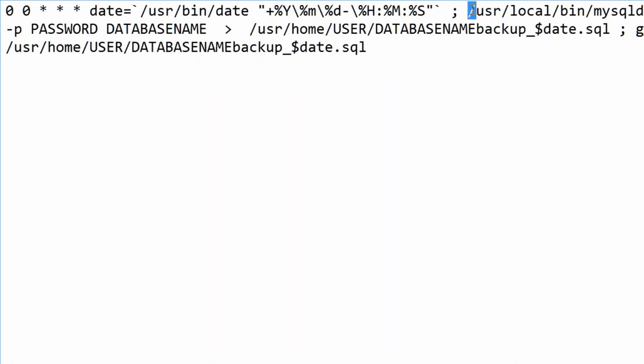And then after that, we run the mysqldump command, and we're going to log into the database using our username and our password. So we're logging into this database with the username and password, and we're running mysqldump. And we're going to redirect that output to our home directory and this file here, which is going to be named whatever the database name is,